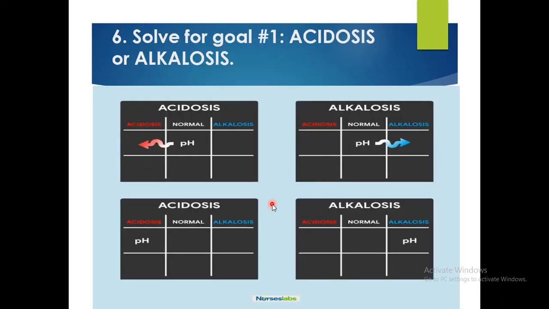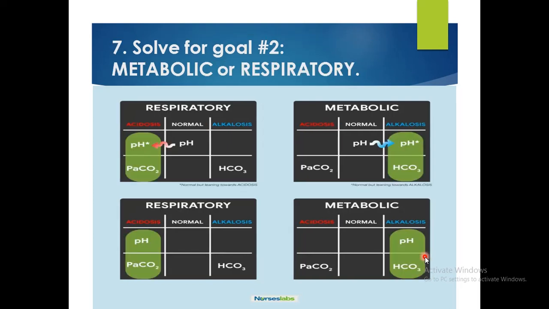And then you solve for the goal 1. You had moved the pH towards here in cases of acidosis and towards here in case of alkalosis. So first your goal is accomplished, that it is acidosis or alkalosis. The second step is you move the carbon dioxide concentration towards acidosis or towards alkalosis. Okay, so in case of respiratory,